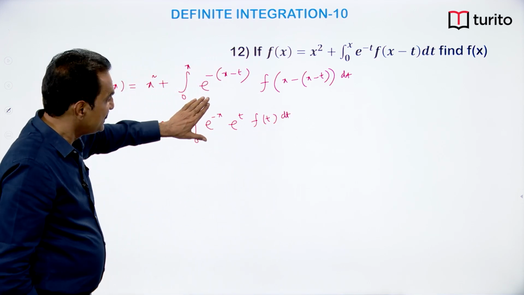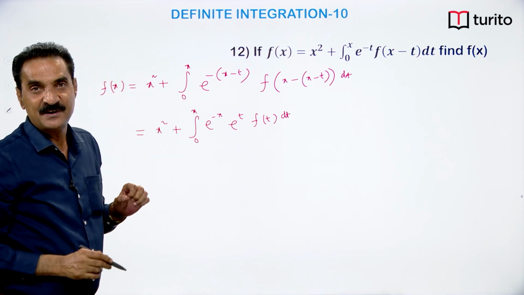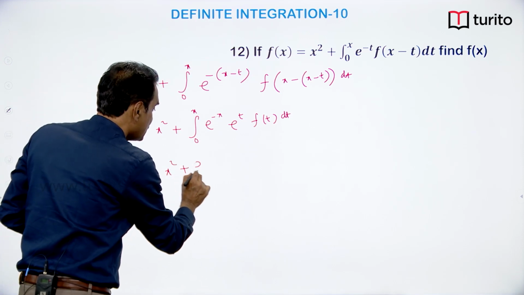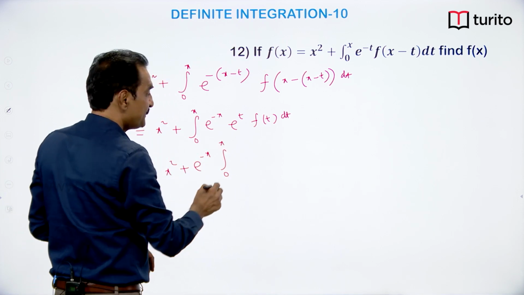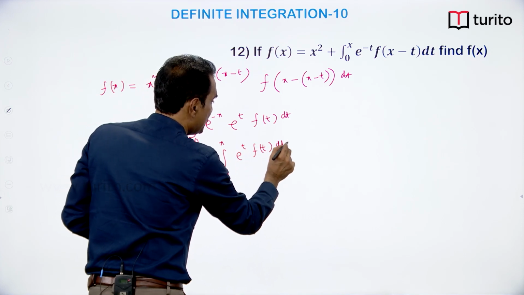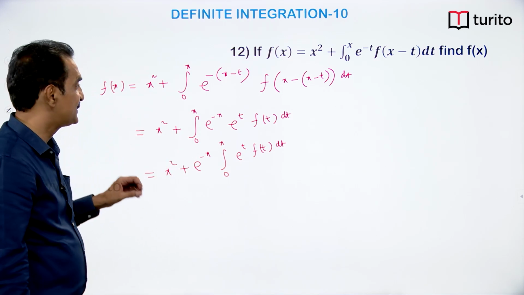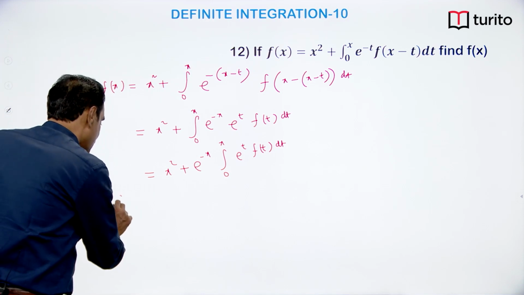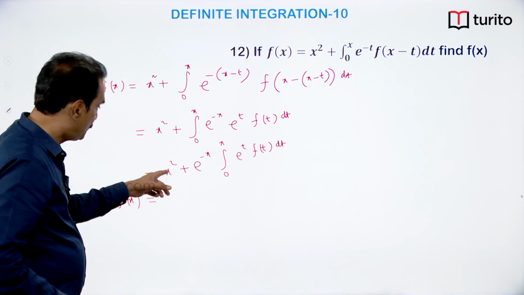Now, since we are integrating with respect to t, this e power minus x can be taken out. x square plus e power minus x into integral 0 to x e power t into f of t dt. Now, we can differentiate on both sides. Differentiating with respect to x, what we will get in the LHS? f dash x is equal to 2x